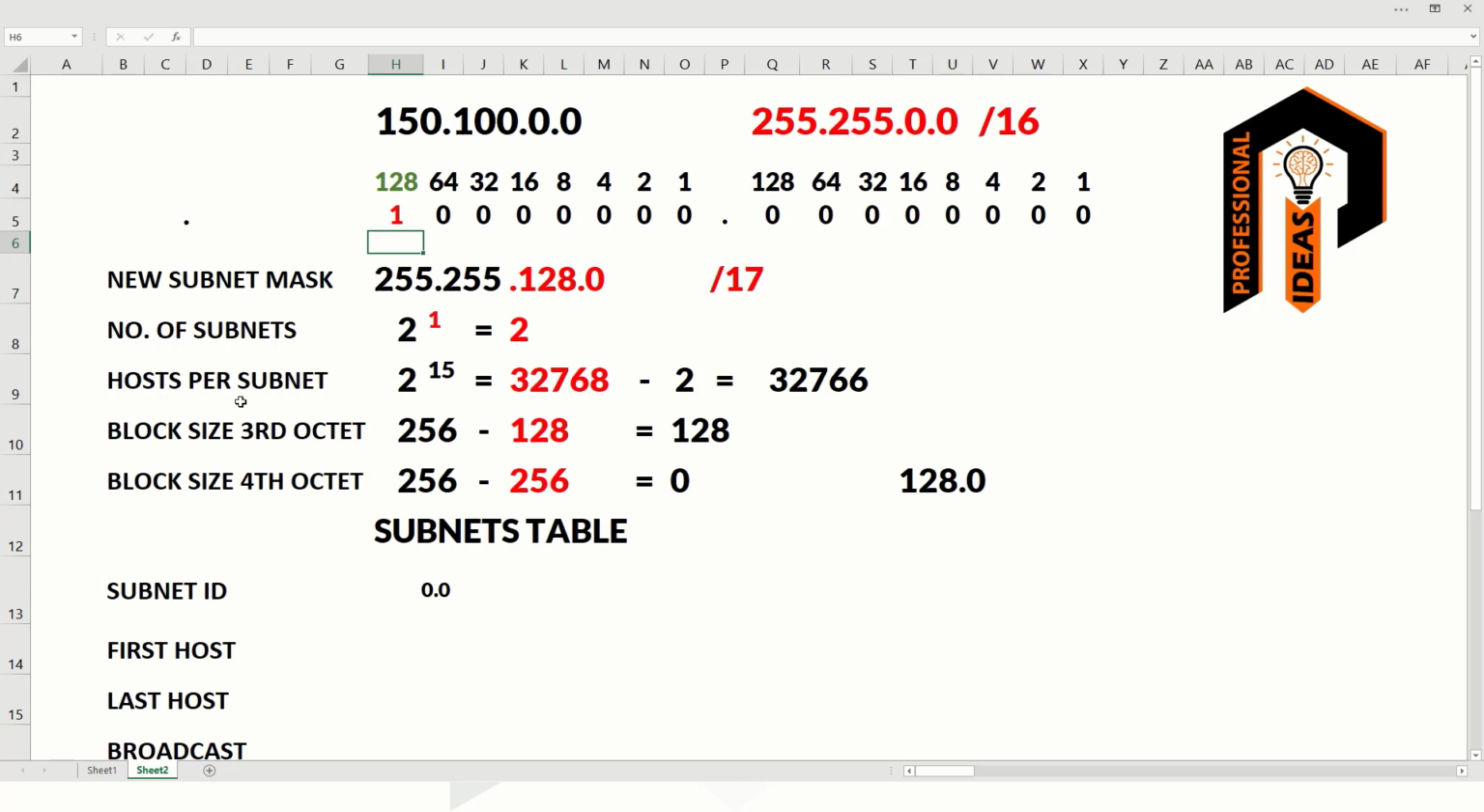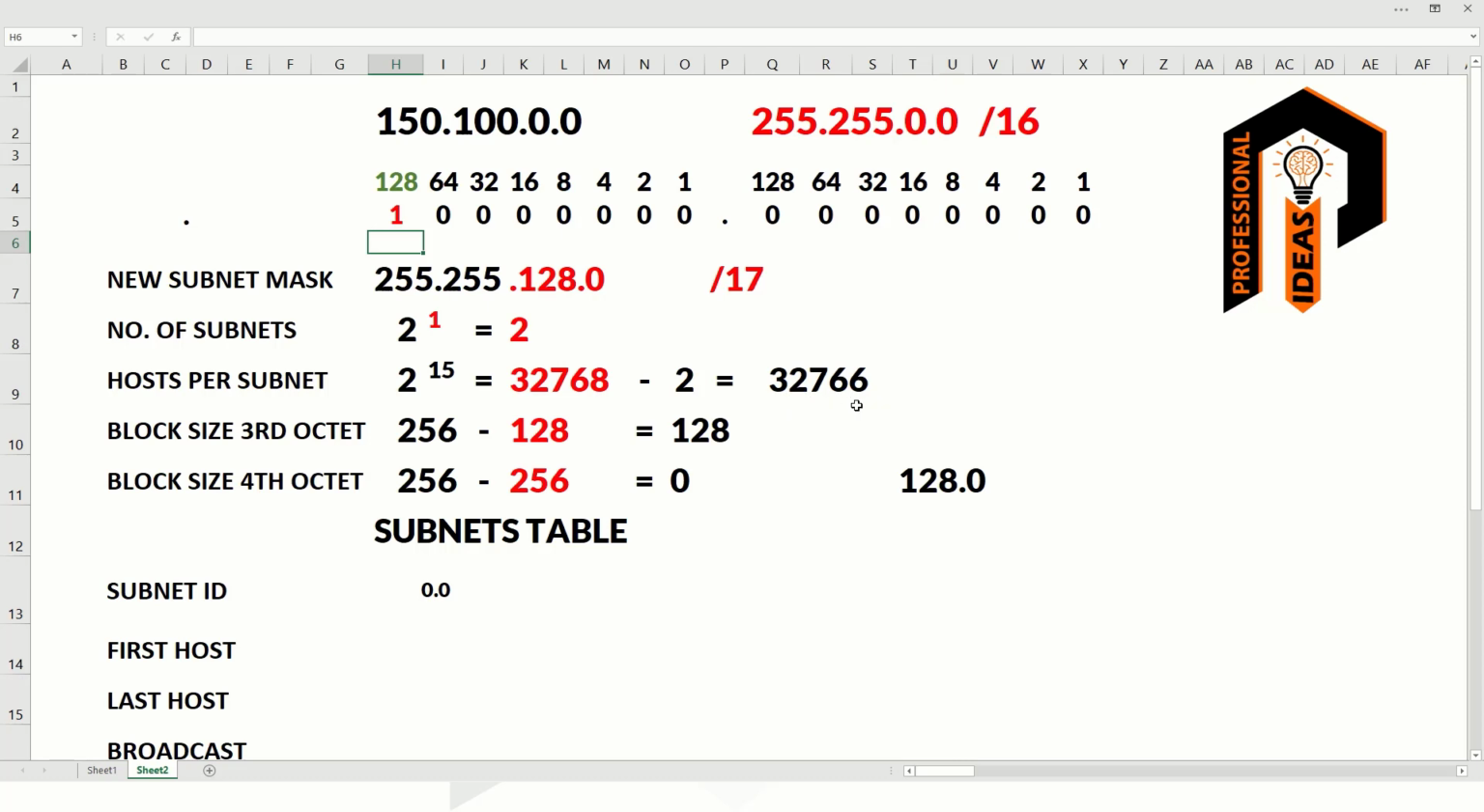Step number 3, number of hosts per subnet will be equal to 2 raised to power 15 because there are 15 bits left in the host segment, and that will be equal to 32,768. But remember, we had subtracted 2 from possible host values, one for the subnetwork ID and other for the broadcast address. So our valid host per subnet will be